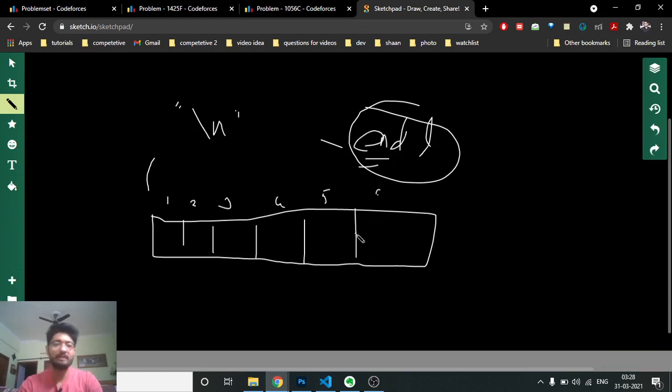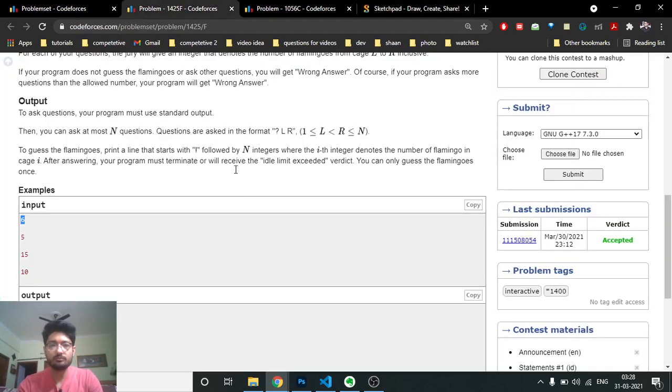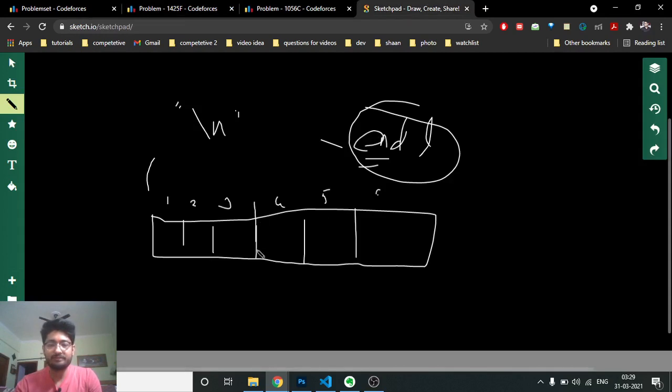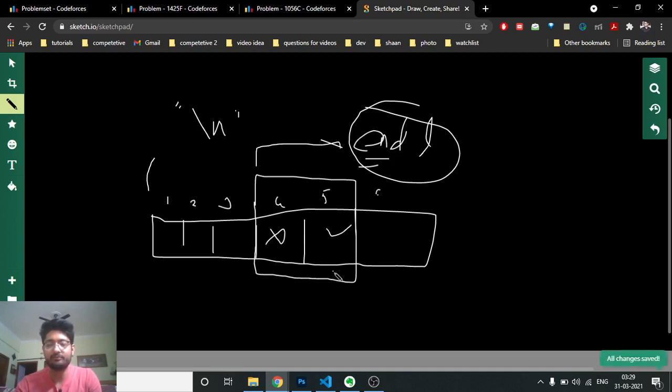Now how can you approach such a problem? You first have to find out whether I can easily find a value if I know the value of some previous block. If I know the value of this block, I can easily make a query on this block and get the value of this.